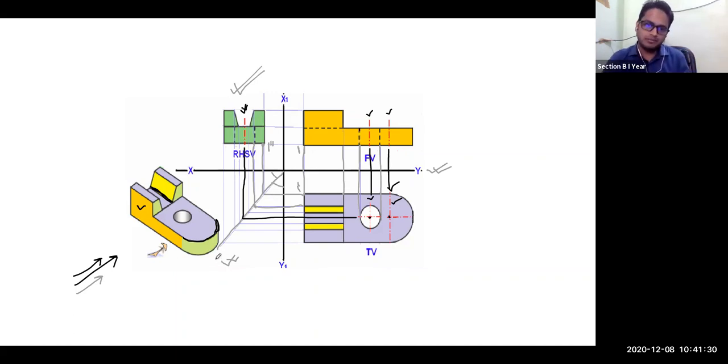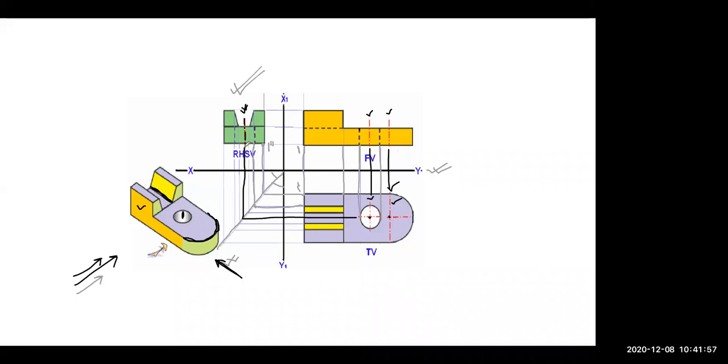If you are looking from this side, the center of this circle and the center line of this arc both coincide with each other, so you will be able to see only one center line. That's why you see only one red center line, which I am overwriting with red color. Is that clear to you?